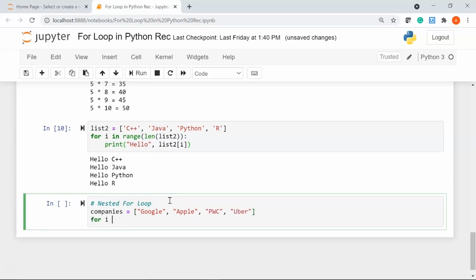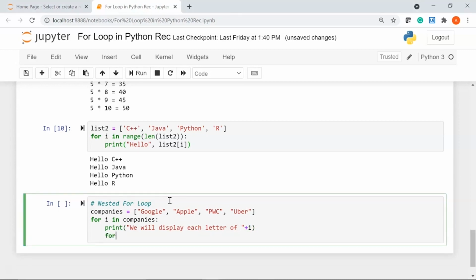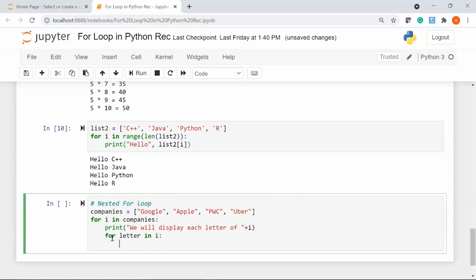So here I'll write for i in companies, I'll say print, we will display each letter of, plus i. Now I'll use my second for loop saying for letter in i, we'll print the letter.